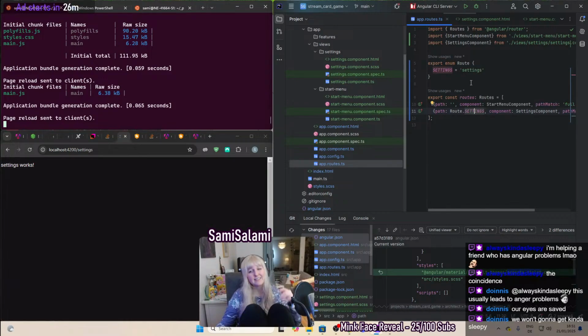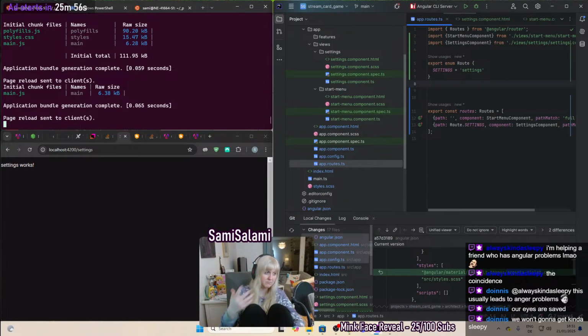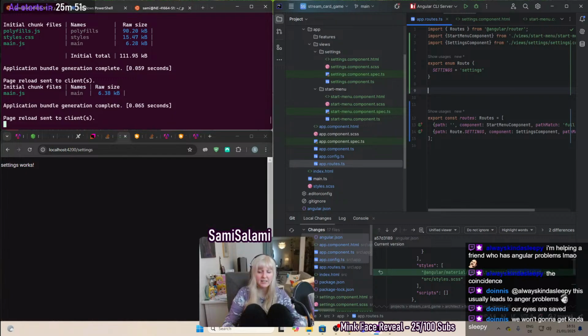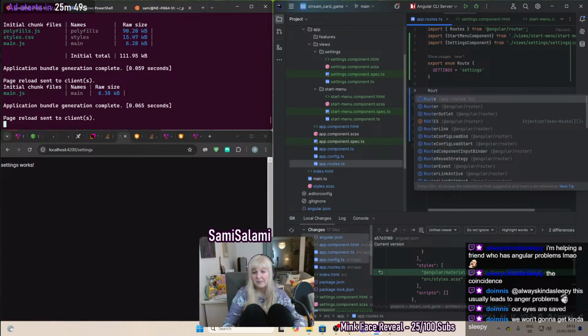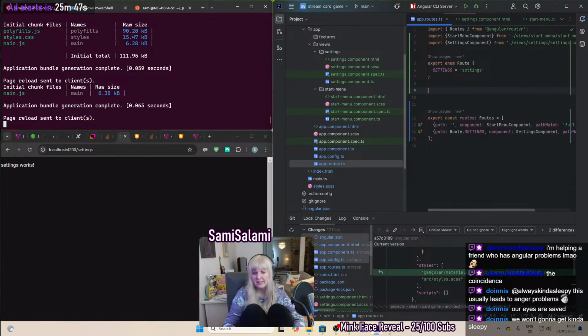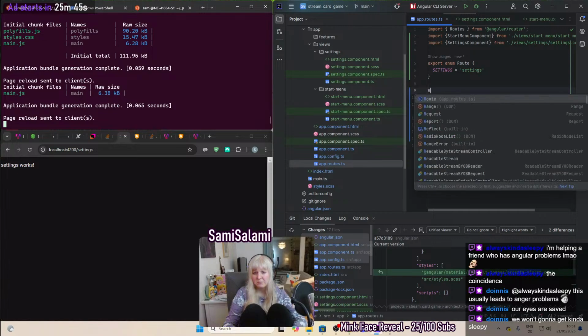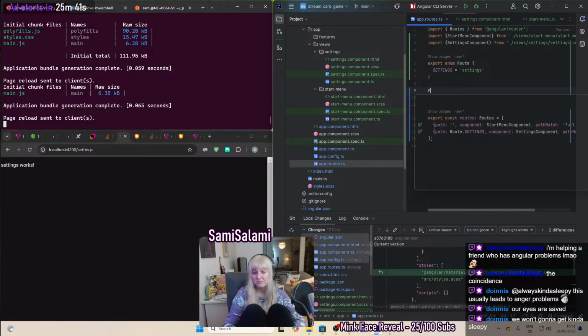Enum is not necessarily the best choice here. Usually, in more grown projects, we actually make whole route objects. We could also call it paths, like export paths, and then